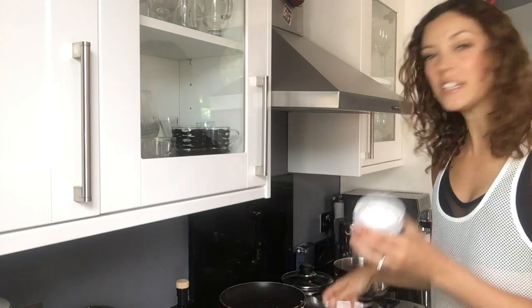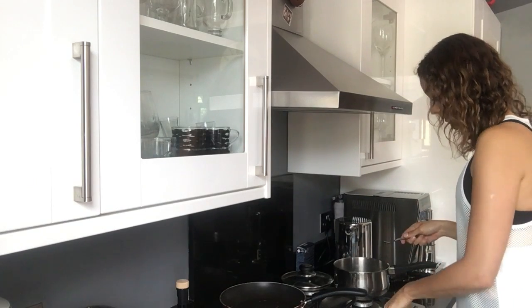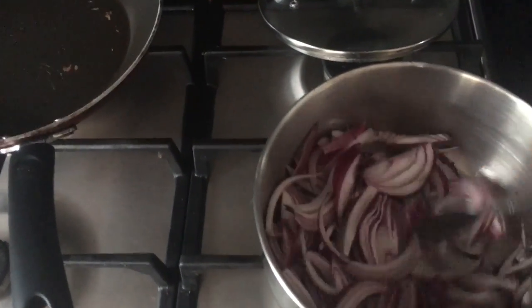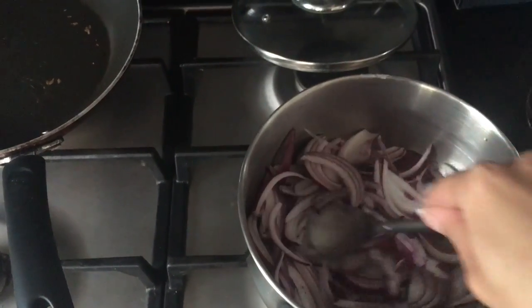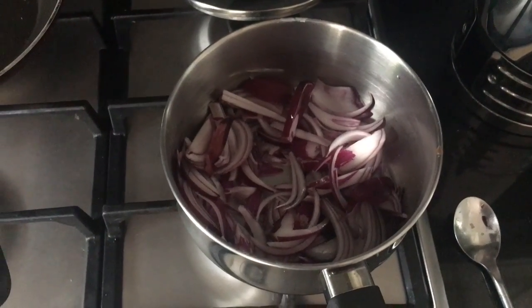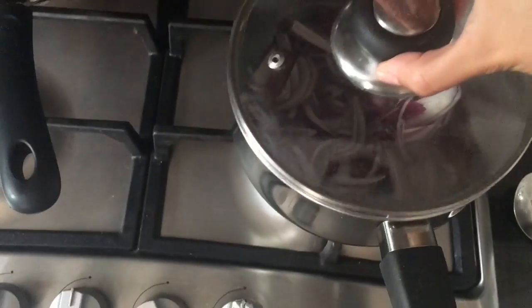So I'm just going to start cooking down the onions. Just put a teaspoon of coconut oil in the pan, and let that melt down. Just give that a quick stir. Make sure the onions are fully coated with the coconut oil. Leave it on high power for a moment and then just turn the heat down and let it simmer with the lid on